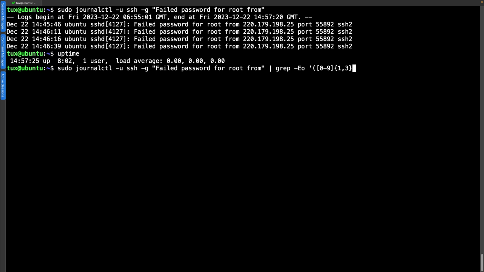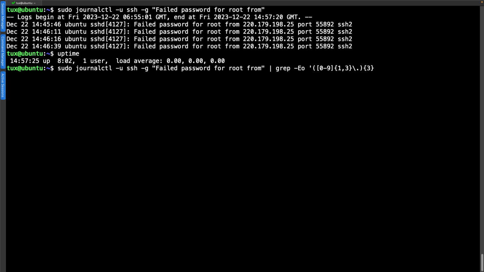So we can then put in our dot, but we're going to have to escape the dot, so use the backslash before we put the dot in. This is because the dot is a special meta character inside of our regular expression, so we need to remove the special meaning from it. So this then represents our group, and we can group these together by closing off my parentheses, and then I can specify how many of these groups of numbers I want. And you might think we want 4, but we actually want 3. It's only the first 3 groups of numbers that are going to be followed by the dot.